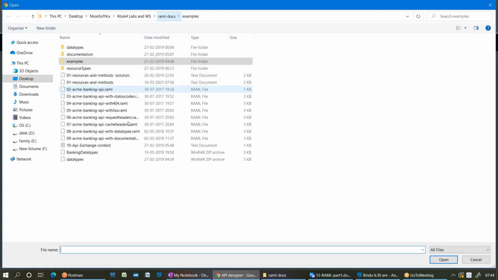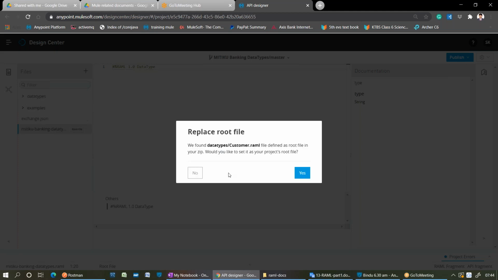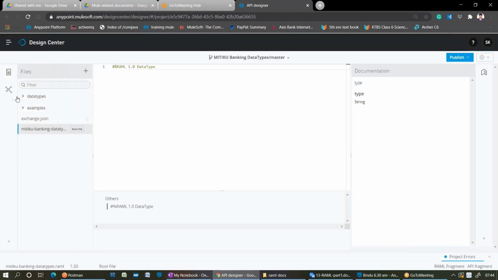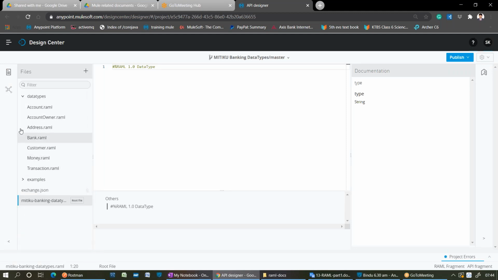Now you can choose this banking data types. So right now we have data types and examples, right? Of course I have multiple examples here, the data types and examples that you created.